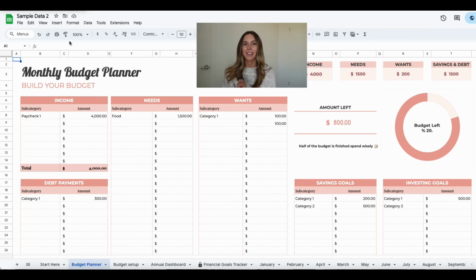Step number 5 is definitely the fun part. This is where we actually get to create our budget for 2025. So like I said at the beginning of this video, the template that we were working through to log our 2024 expenses, we're going to make a second copy of the template for 2025 so that we can completely start fresh, because the last couple of months of the template are going to have all of your 2024 data in it. So we want to make a fresh copy so that you can log 12 months worth of expenses